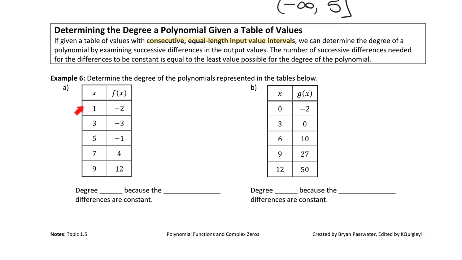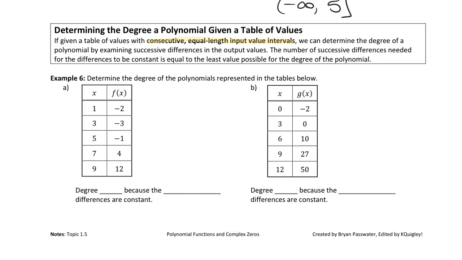For example, from 1 to 3, that's +2, right? What's 3 plus 2? 5. 5 plus 2. 7 plus 2. So they're consecutive. We're not skipping. We're not going out of order, and equal length, all +2s. On the input values, do you see that's the same thing over here on the x's? +3, +3, +3, +3. A lot of times you're going to see them just like +1, +1, +1, +1, like all the numbers. But as long as they're consecutive in order, equal length, input value intervals,